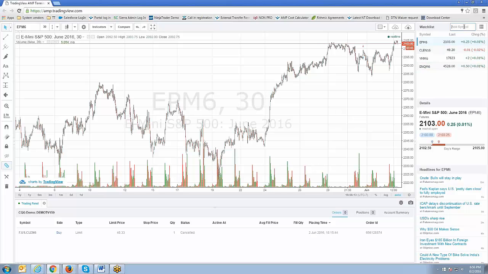Once you have it in there, just hit enter on your keyboard, or if you're using your phone device, just press with your finger, and it will add that particular symbol within the watch list. All right, so that is important to understand. Right off the bat, I want to point that out, that I would definitely recommend using the watch list specifically